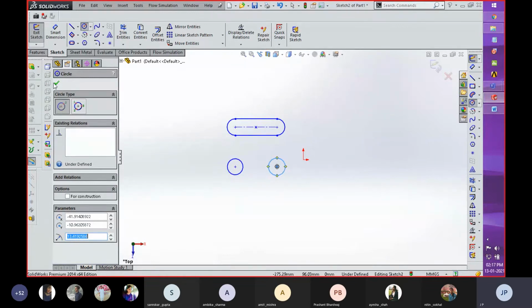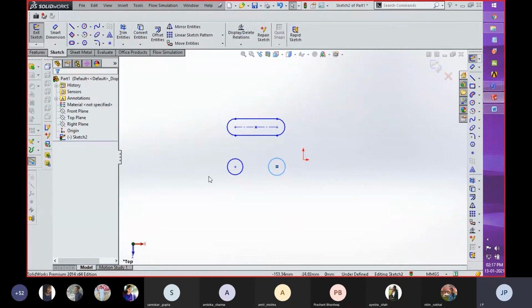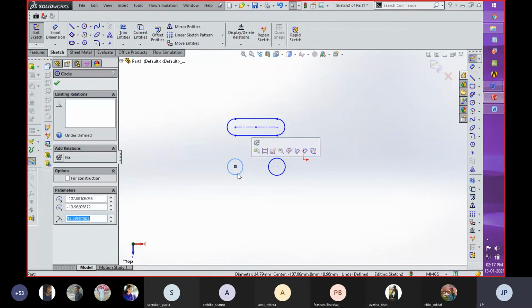Okay, so I'm going to show you one more thing. When you are going to create two similar circles with the help of this command, if you want to create a same-radius circle at that distance, you can provide a constraint. For providing a constraint with respect to the dimension of that component or object, you have to select one circle, and then with the help of the control button, click on the other circle.